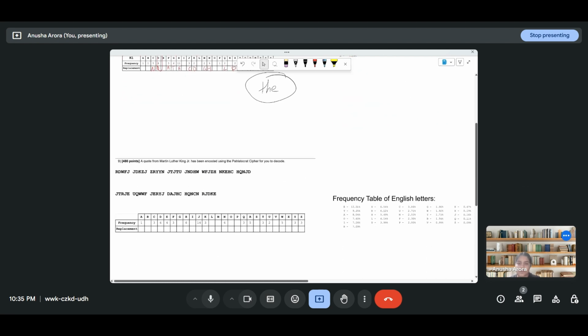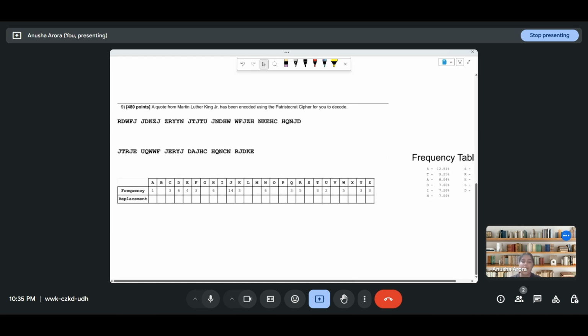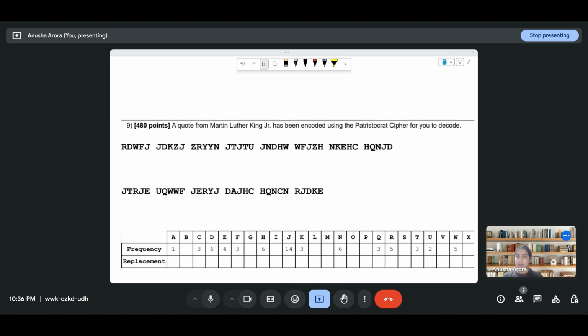So now, here's another cipher for you guys to give it a shot. And feel free to pause the video right now and try out your luck on this cipher. And yeah, I'll let you guys know what the answer is in a bit. Okay, so hopefully you paused the video and tried your luck at the cipher. And what you should have gotten as your final answer is